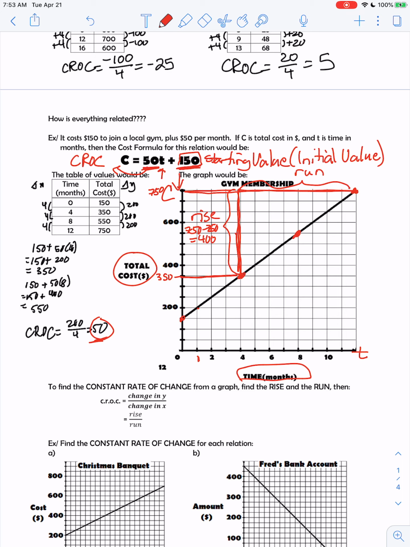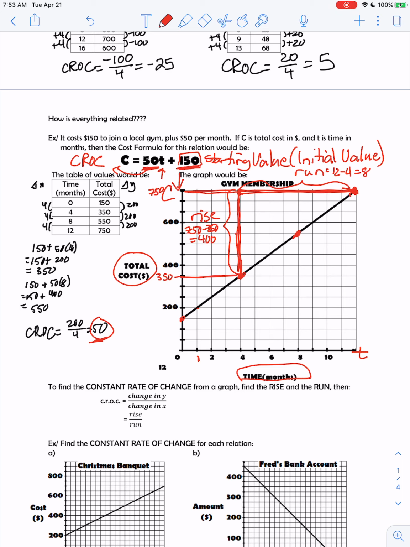So this went up from 350 up to 750, so that was a difference of 400. For the run, this ended up over here at 12, but it started here at 4. So we subtract those 2 numbers, and that'll get us the difference between those 2, or how much it went to the right. So it started at 4, but it went over to 12, so that was a difference of